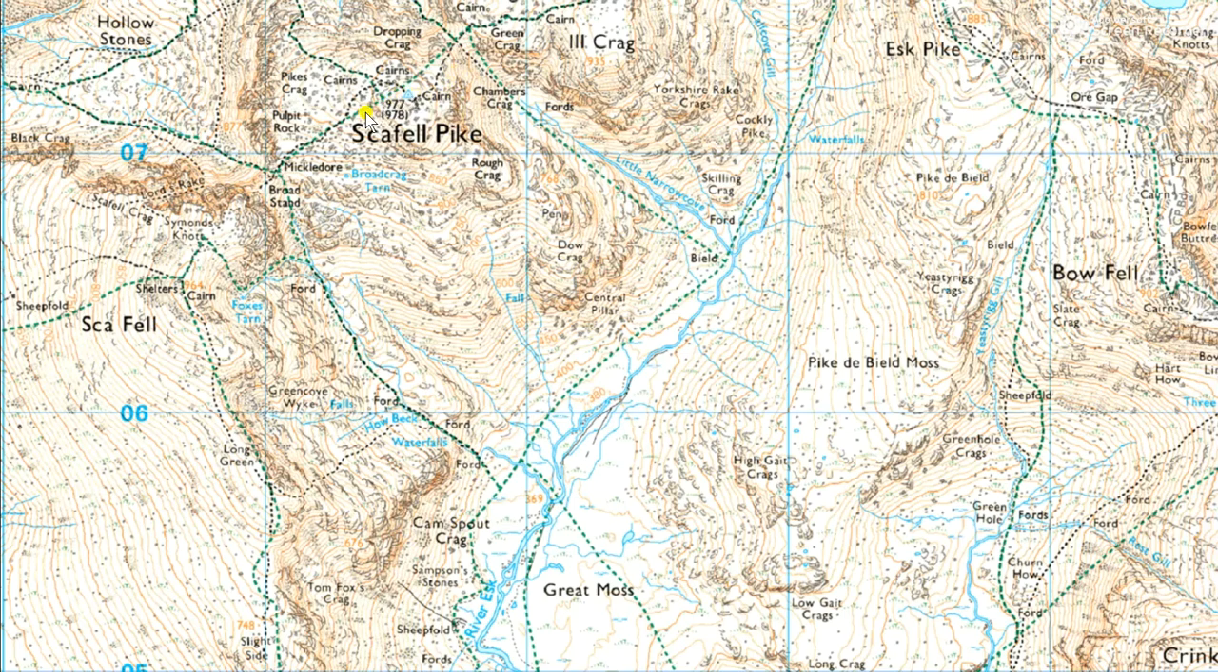The ground drops away down here, down into Mickledore, and then we've got this very rocky area, very steep rocky area, Broad Stand there, up onto the high point of Scafell. In front of it, we've got this bowl, if you like, with a small tarn in it, Fox's Tarn, and then from there the ground drops away again, and then here we've got a big wide